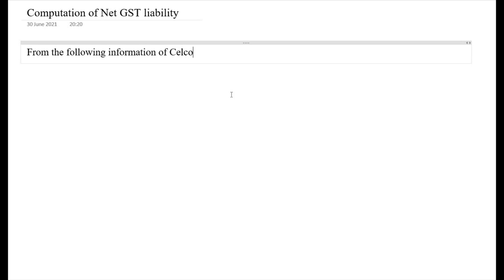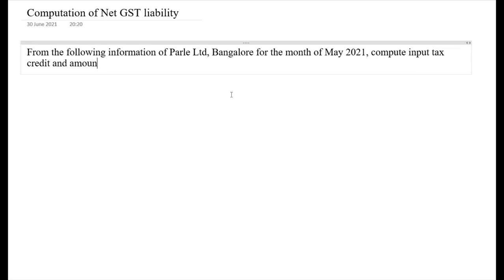Selco Parle Limited, Bangalore, for the month of May 2021, compute input tax credit and amount of GST payable. Purchases,